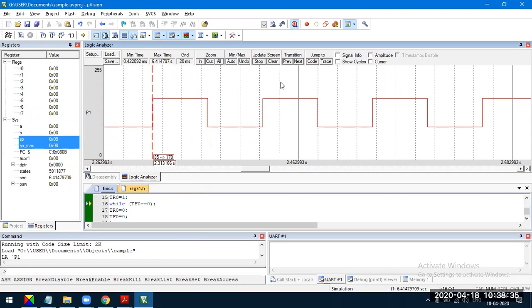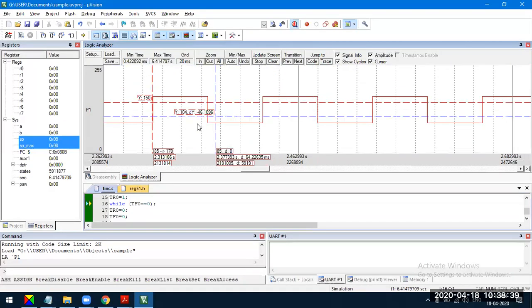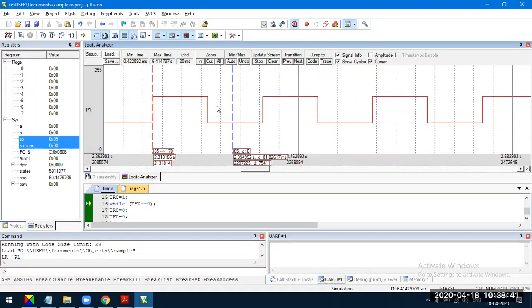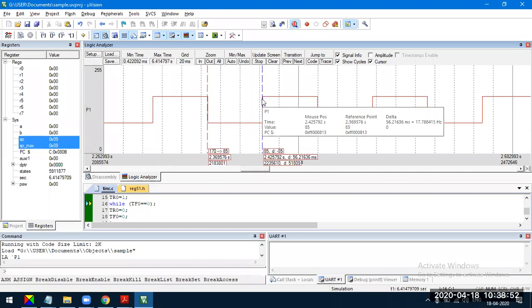What is the delay? I need the signal information cursor. Select one edge. Let's observe the delay delta. The value of delta is 56.21 milliseconds.